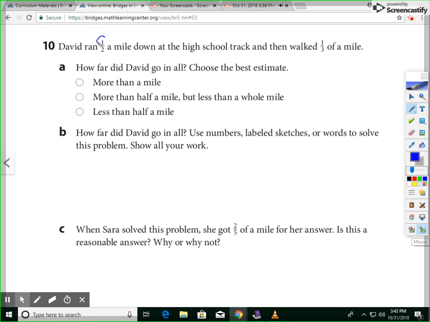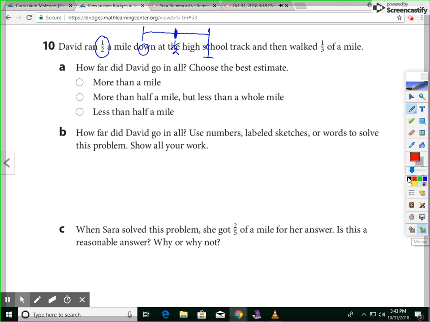If I just ballparked this, 1/2, I can think of a number line, 0 to 1 mile. And he went halfway, so he's already right there, half the distance. And then add on walking 1/3. Would that put me over? I'd have to go a half mile more. So 1/3, 1 out of 3, is definitely less than half. I would think 1/3 might only be about like